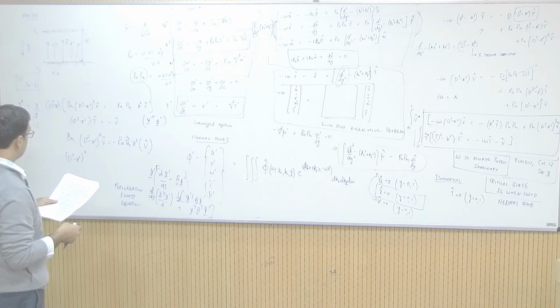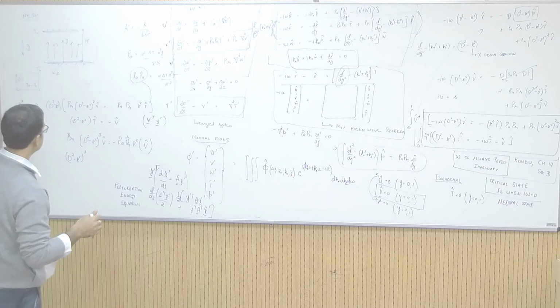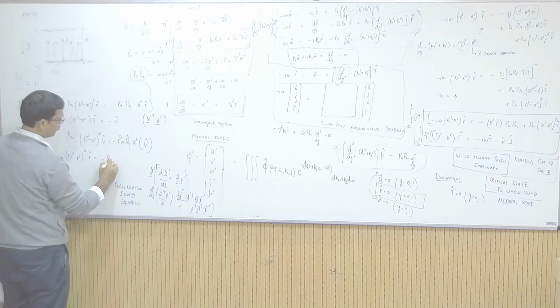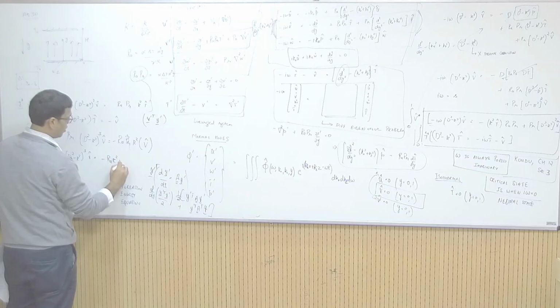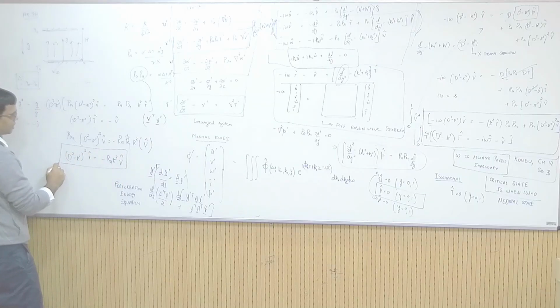And then I, yeah, this is fine. So d square minus k square whole cube v hat equals minus of Rayleigh number k square v hat. And now this again you can look at as a differential eigenvalue problem,